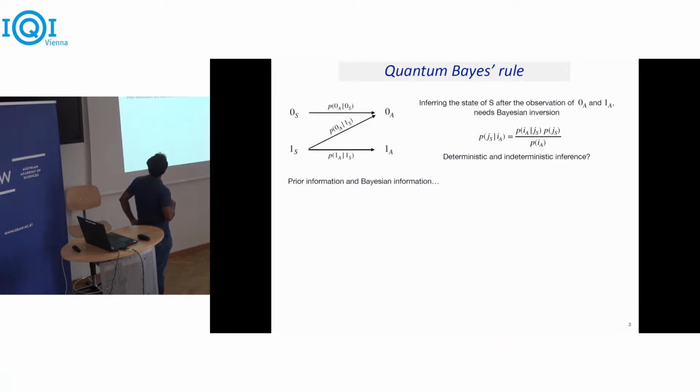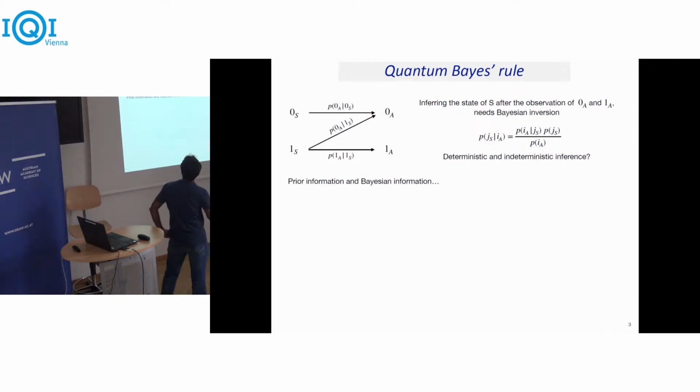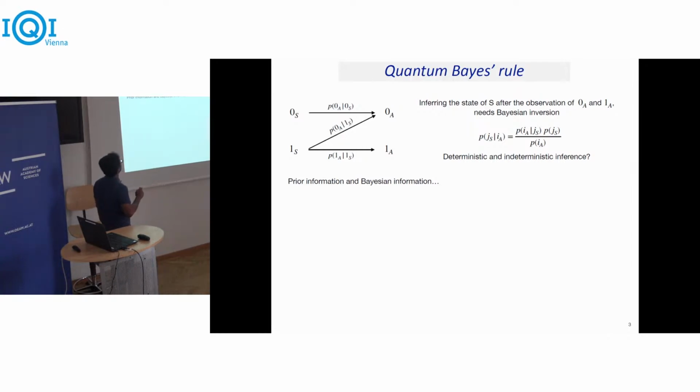So let me now start with the quantum Bayes rule. But here let me start with the classical analog. Let's say I have some system which is maybe coming up as a random variable, like 0 and 1. And let's say there is a stochastic evolution going on, and let's say these are the conditional probabilities that tell you, starting from 0S, what is the probability you will get 0A on the other side, and so also for 1 here. Okay, so in this particular scenario, obviously the moment I know these conditional probabilities, that essentially